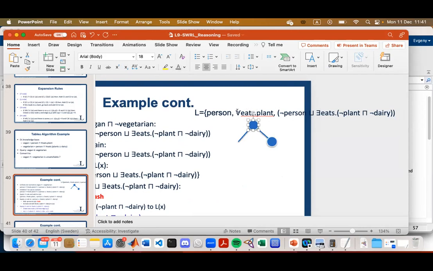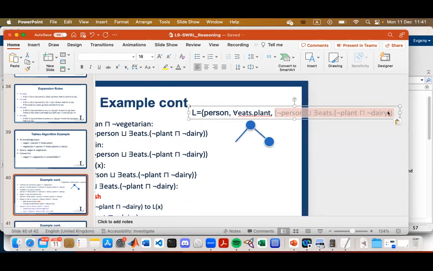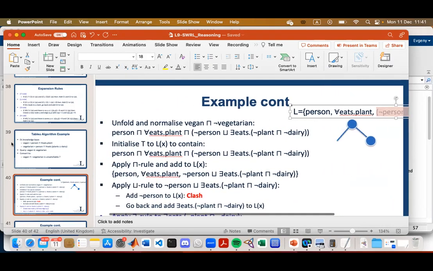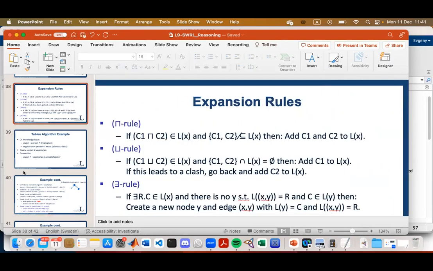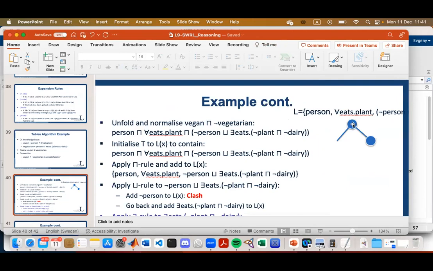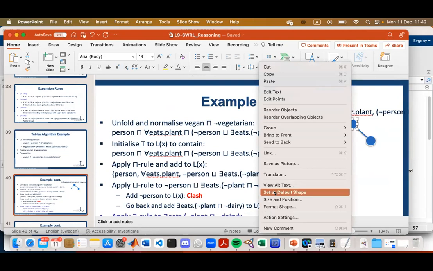And now we start to analyze this. Obviously, this label contains complex equations that need to be unrolled further. So we start to modify this complex formula using other expansion rules. So let me mark it by a different color.